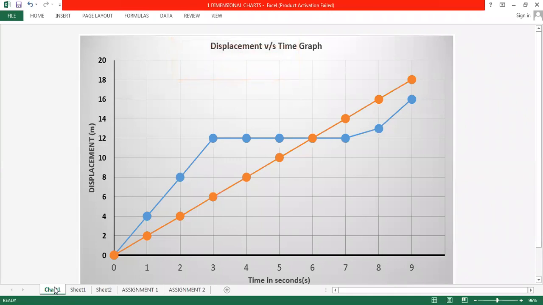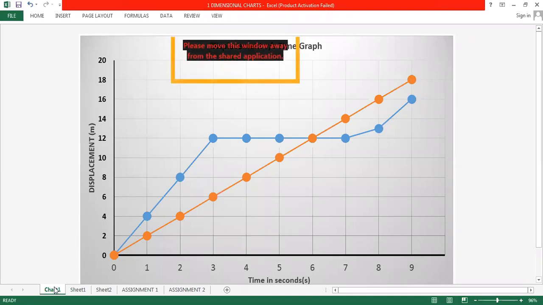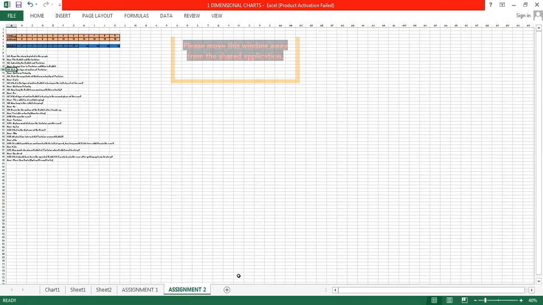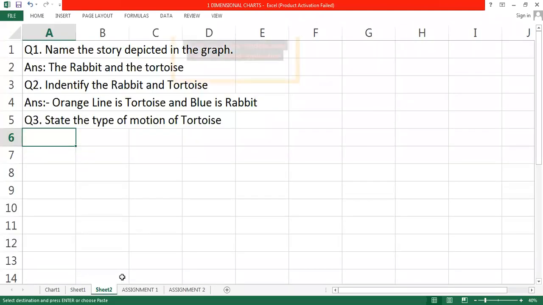Vidula, I asked you to say not uniform motion. Don't say uniform motion, beta. It is uniform velocity because there is uniform acceleration as well. So when we say motion, motion means whenever the object changes its position. In uniform acceleration also the object changes its position. So use the word uniform velocity. Very good. Srishti, yes. So what's the answer? The answer is the tortoise is moving with uniform velocity.